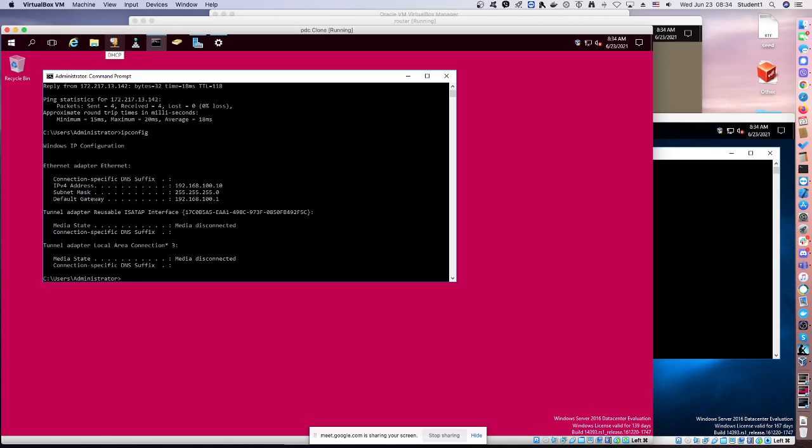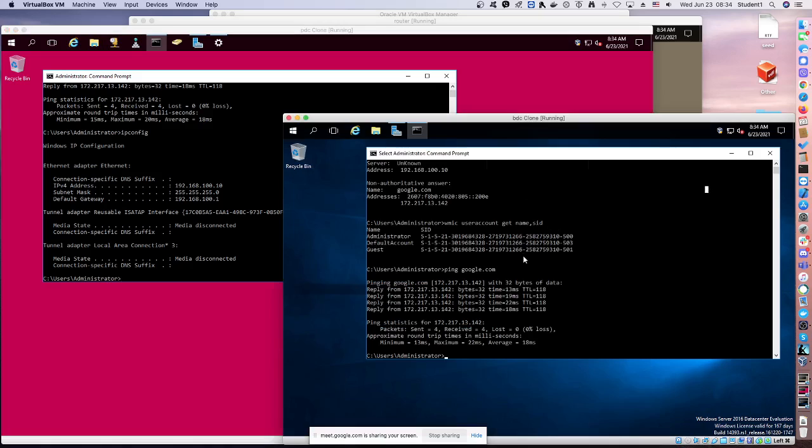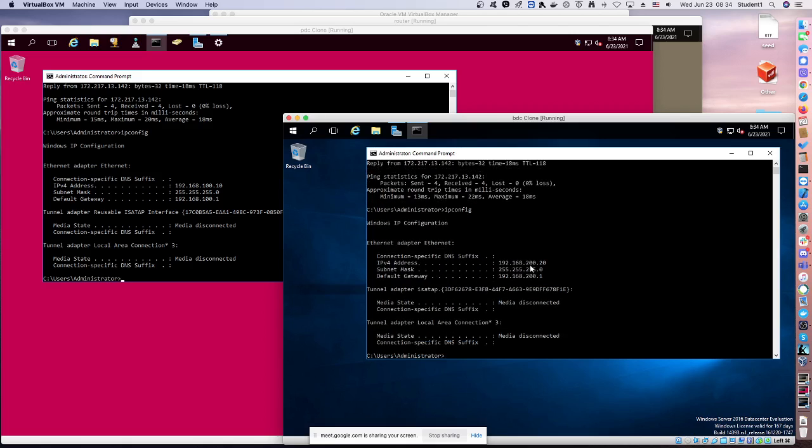And if I check this one here, if I do ipconfig, you see this one is 220, as it's supposed to be. And my routers are 100.1 and 100.20. So far so good. So what I need to do, this one, as you see, actually let me show it to you. See, if I do whoami,